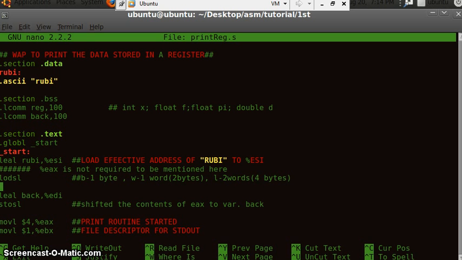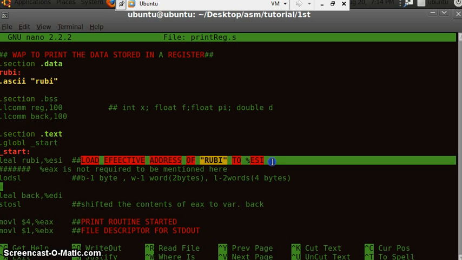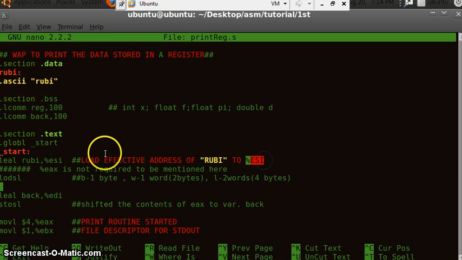The new instruction you'll come across over here is LEA. This LEA instruction means load effective address of the data section Ruby to your source index. Whatever the address Ruby is situated at, it will copy that address to our source index.